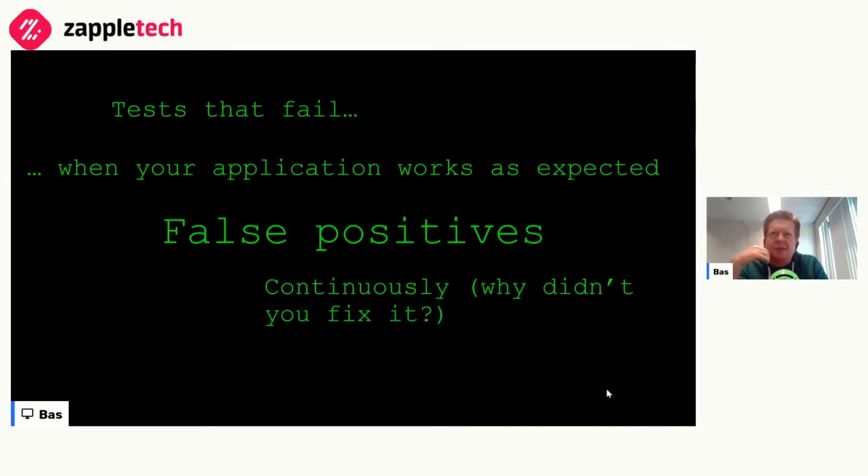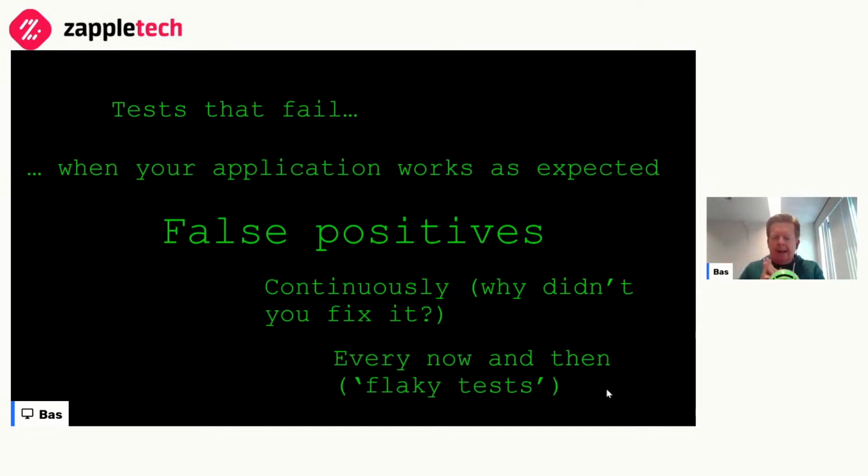So yes, some of these tests you'll see failing each and every time, which my response would be, well, fix it or just throw it away. That's a way of fixing it as well. Maybe not the best way, but it's a way of fixing it. But more often you see those tests that fail sometimes and then pass, and that's what people call a flaky test. A test that produces different results even though your application is in the same state. And these are annoying.